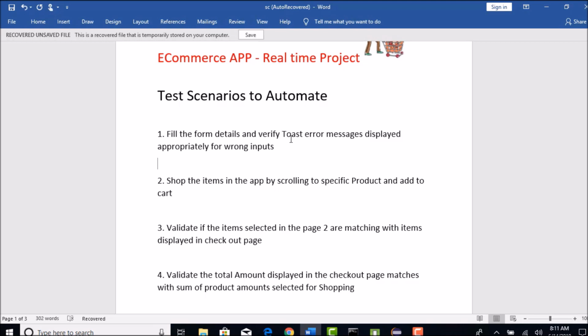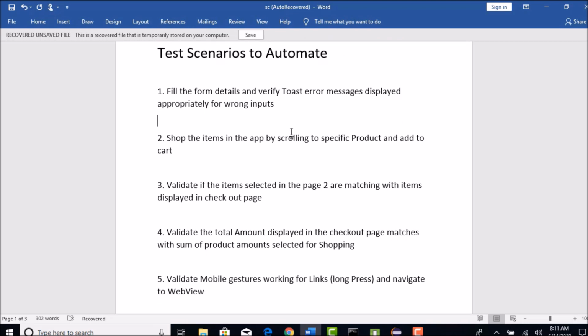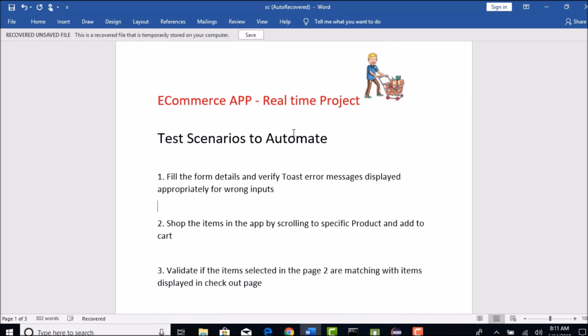With this, I am wrapping up this project, and I hope that we have covered a good number of valid real-time test scenarios as part of this project, and feel free to extend it and do more validations if you have keen interest to work on this app. And that's it. That's all I have for this section.